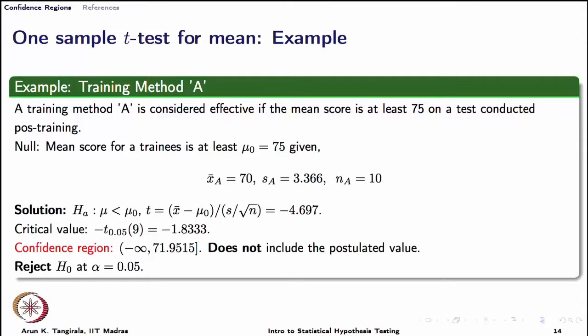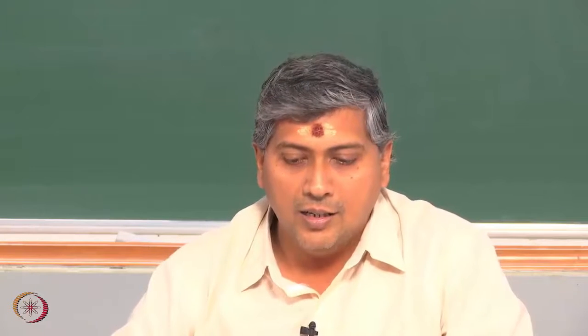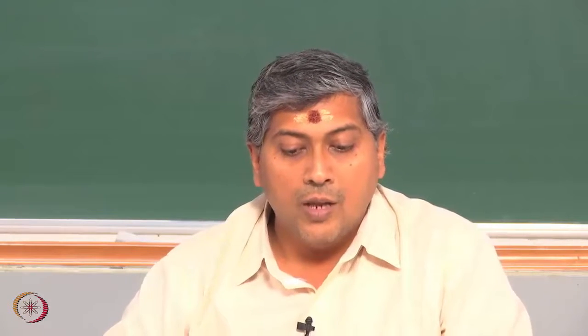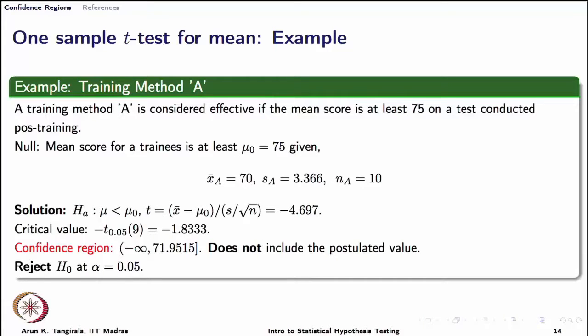However, the postulated value is 75, therefore, it is most likely that the null hypothesis is not correct. Therefore, we reject the null hypothesis, and that is the answer that we got even with the critical value analysis. The critical value approach says, look, if the null hypothesis is true, there we anchor things around the null hypothesis. That is the prime difference between conducting the hypothesis test the way we have learnt until now using the critical value approach and the confidence region approach.